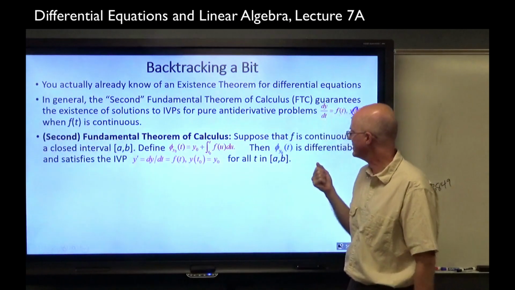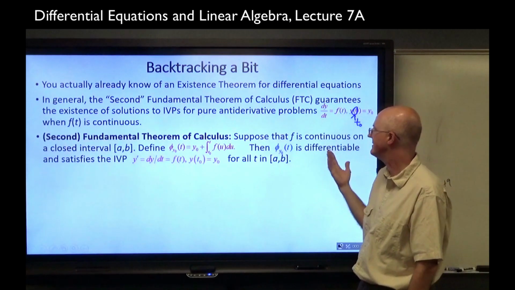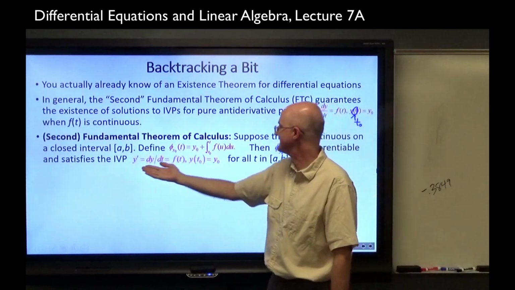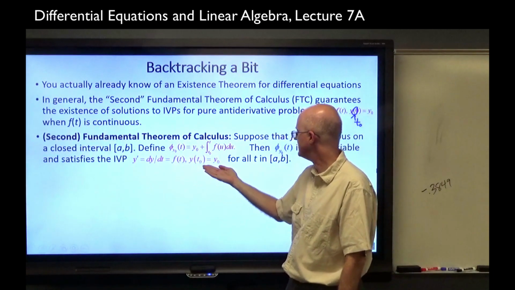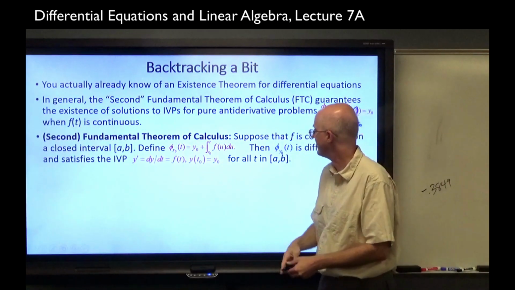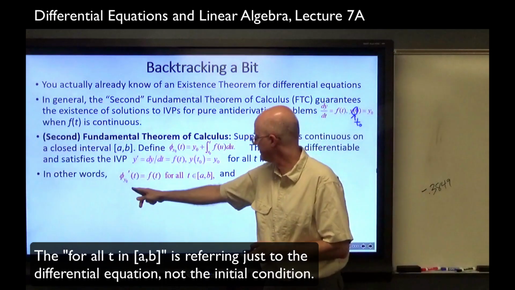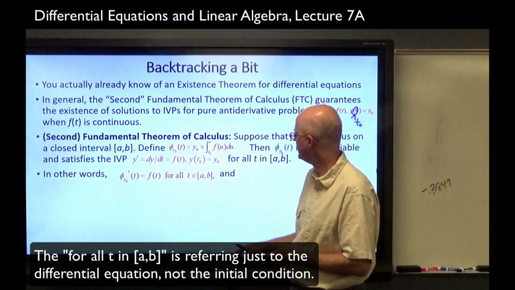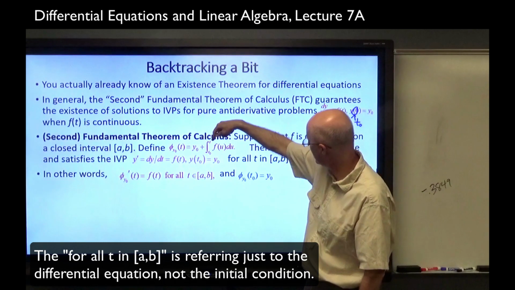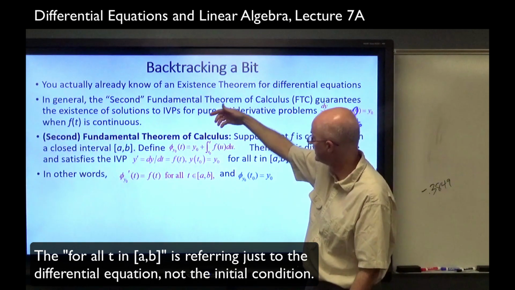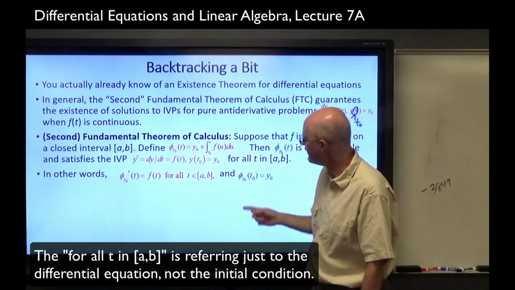If you define that function, that will be a solution of this IVP. This function is differentiable, its derivative exists, and it satisfies this IVP: dy/dt equals f of t, y of t0 equals y0, for all t in the entire closed interval from a to b. In other words, the derivative is always little f for all t, and it satisfies the initial condition. The initial condition is easy. Just replace t with t0, and you get the integral from t0 to t0, which is 0, plus y0 is y0. But it's the fact that the derivative of this thing